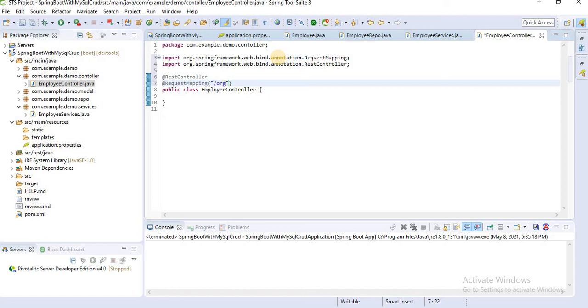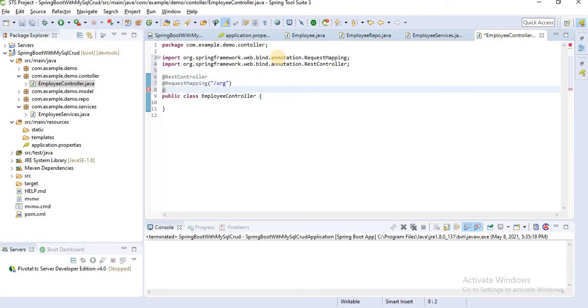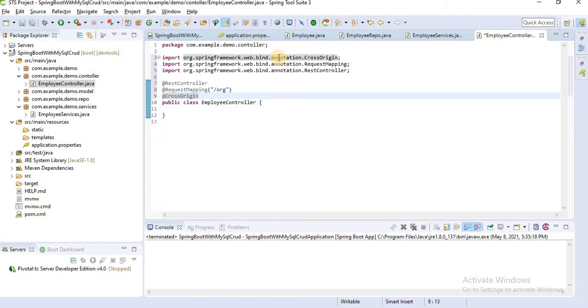I am just giving org here, and also one thing, cross origin, because the machine where we are accessing this API and this machine may be in different locations. That's why we have to use cross origin. Let's create the APIs one by one. First, add employee.